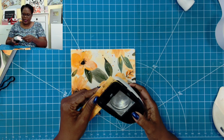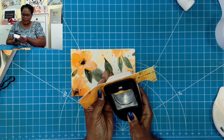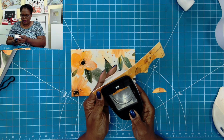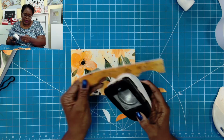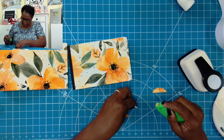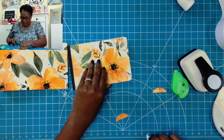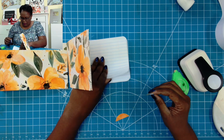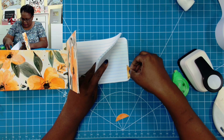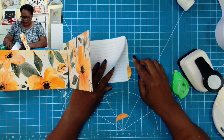So now I'm just going to take my punch and we're going to punch out just a few tabs. You don't have to do yours this way. You don't even have to add tabs to yours if you don't want to. So I am going to take some of my tape, put the tape there, open this piece, add a tab right there,